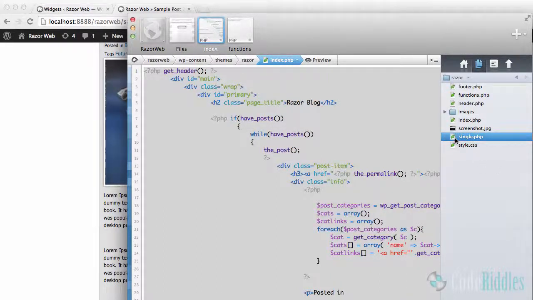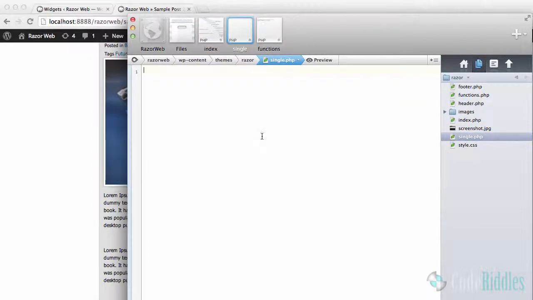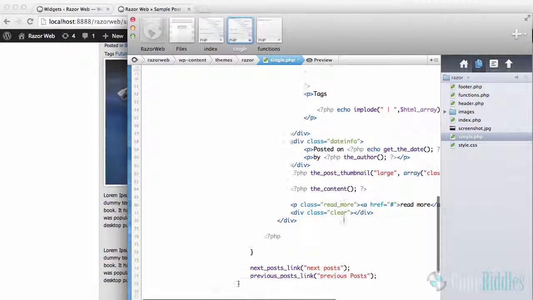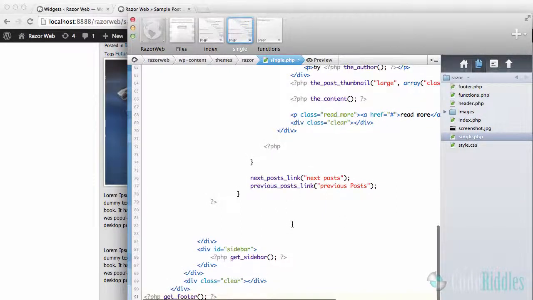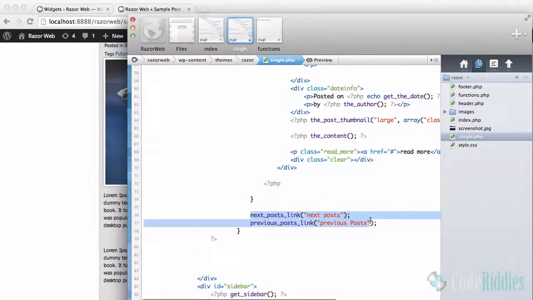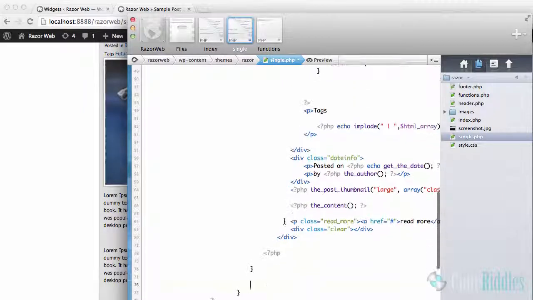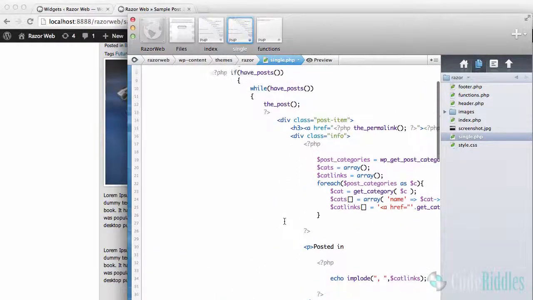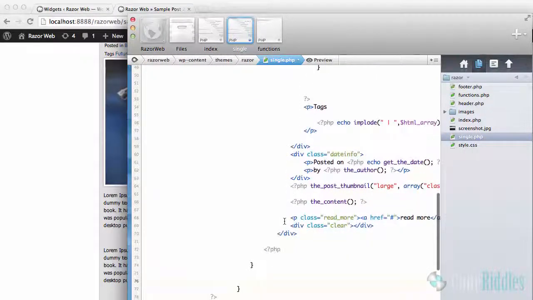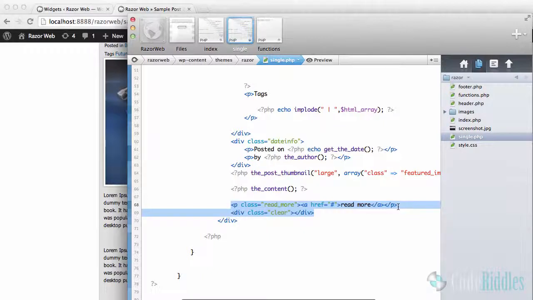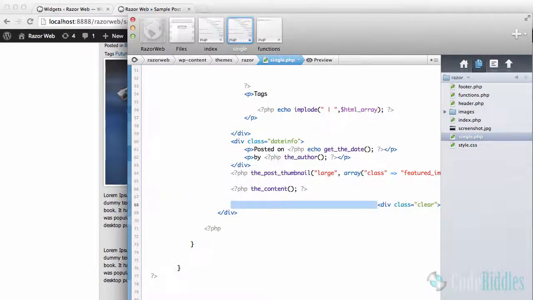for simplicity, let's just copy the whole thing and create a new page, which is single.php. Now the name is important, because whenever the single post page is displayed, this template will be called. So the header and everything else is perfect. We just need some extra details, so obviously we don't need this one, so let's just remove it. What we need is inside this while loop, after every part, we don't need this read more, obviously. Just remove it. Okay, so we need